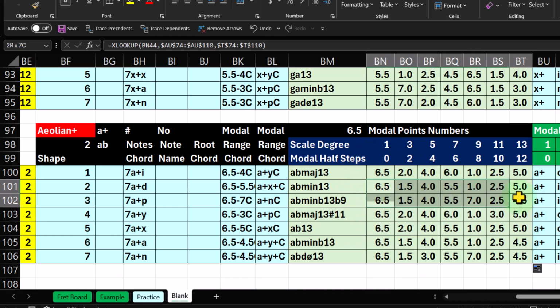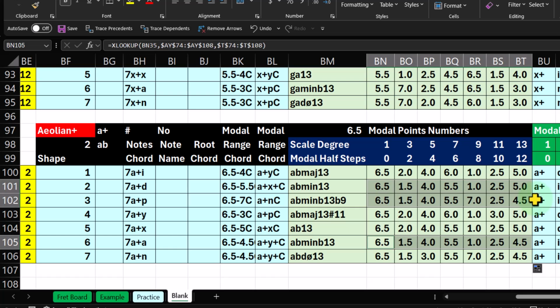That looks good. Let's compare the minors. Here's the main minor down here. So it has all the same stuff for the first 3 notes of the chord. And then same with the 7, because it still has this 10 note away 7. But we have a difference here on the Phrygian for the 8 modal half step 9th scale degree, because it has a 1 note away 2nd, which would also be a 9th. And then we have the same here, and then a difference on the 12th modal half step or 13th scale degree for,